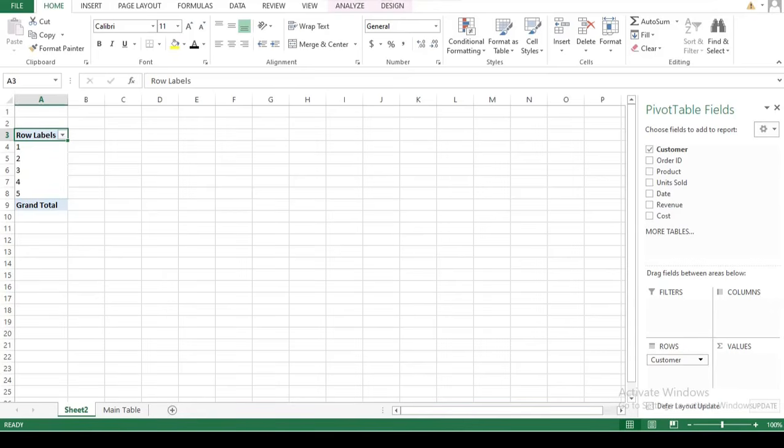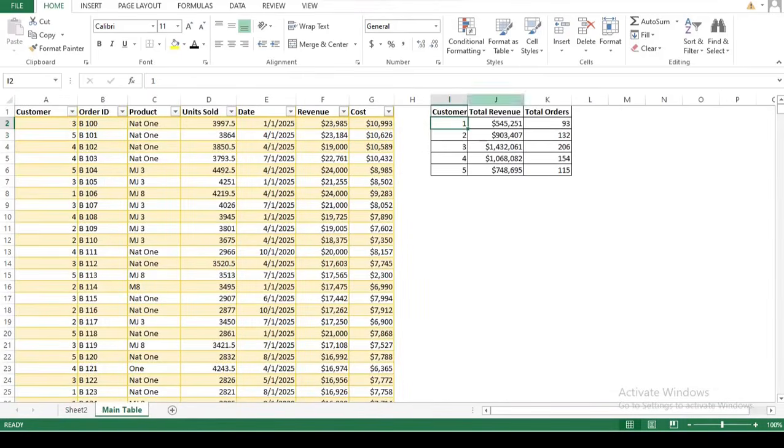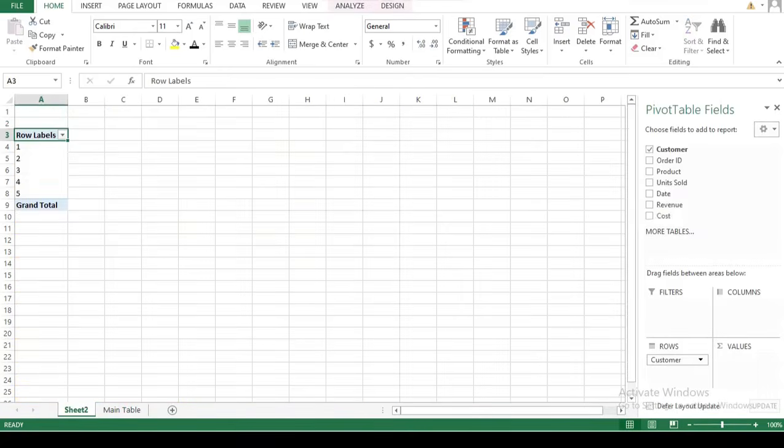This action organizes the data by customer, meaning each customer will appear only once, even if they made multiple purchases. Pivot tables help remove duplicate entries and group records under one category, making it easier to analyze patterns. For example, you can later see how much revenue each customer brought in. This step is the foundation for summarizing and comparing data across different customers, especially when combined with values like sales